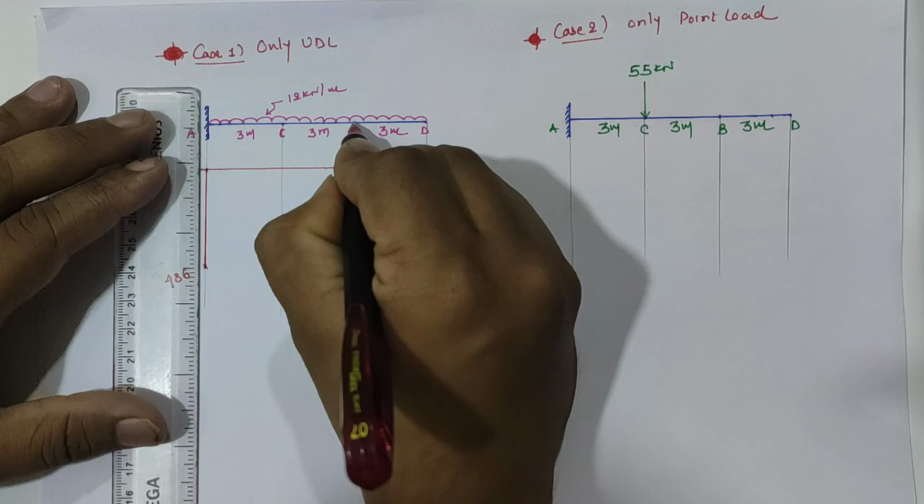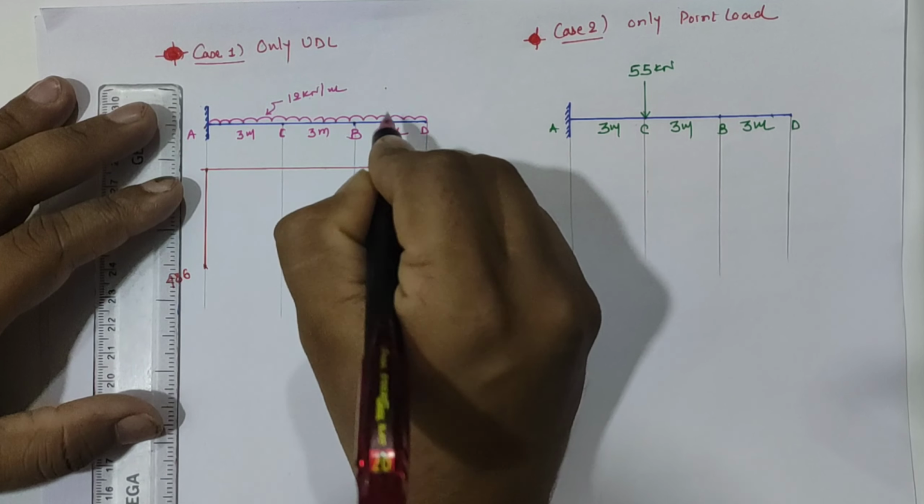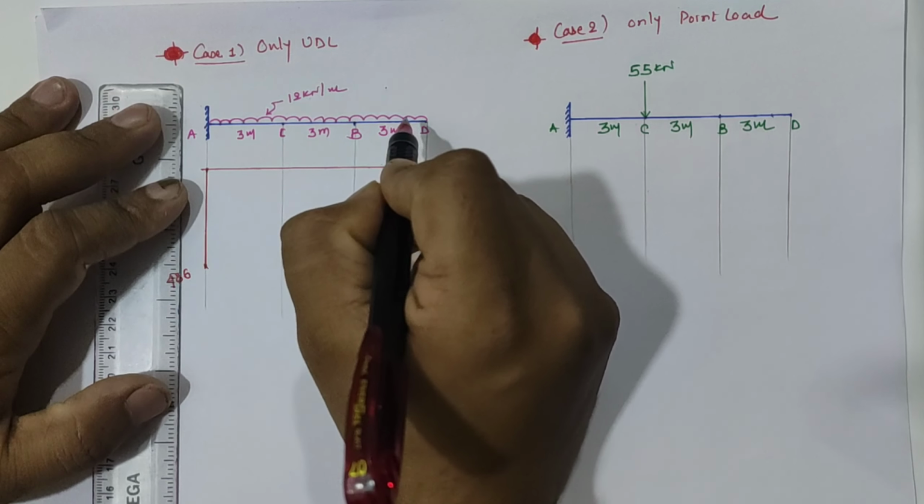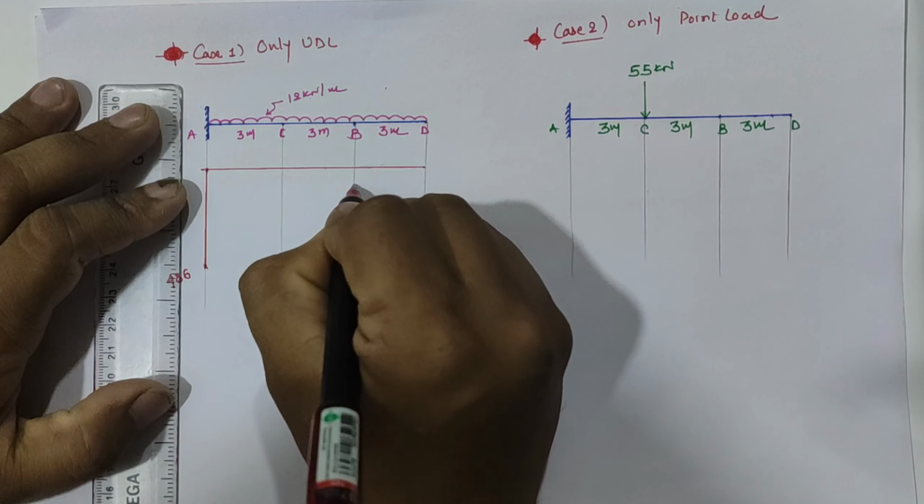And at location B it is 12 into 3 into 3 by 2, which is 54 kilonewton meter,